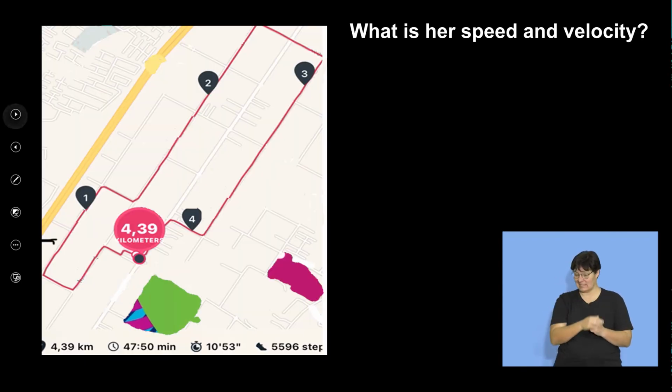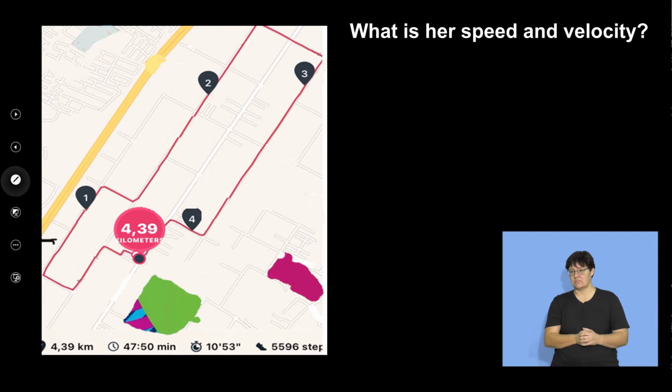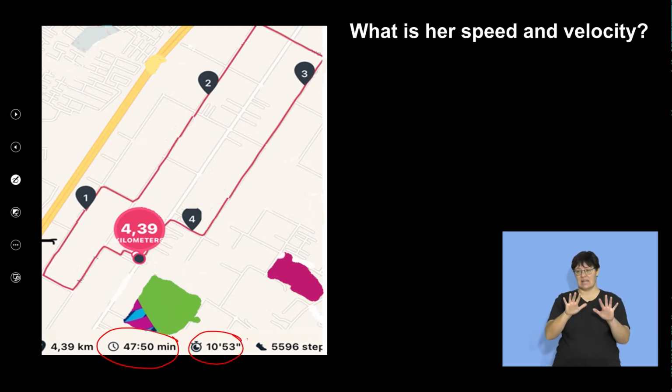So if we look here, we've got her walk. And they say to us, now, look at what the information is at the bottom of this. Okay, so over here, they tell me that it took 47.50 minutes. Her average speed is 10 minutes, well, her rate. It's not actually her speed. They say it's 10 minutes, 53 seconds. So they're saying to me that my friend could walk on average a kilometer in 10 minutes and 53 seconds,